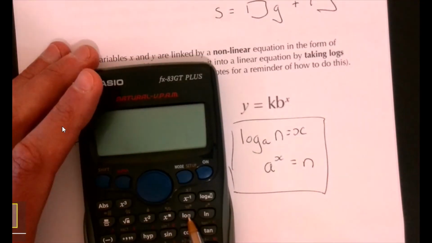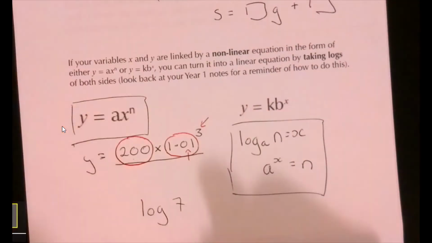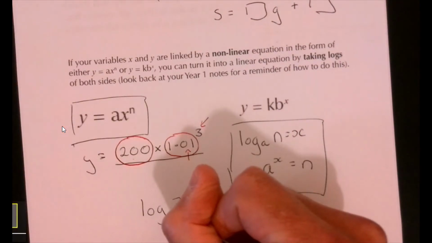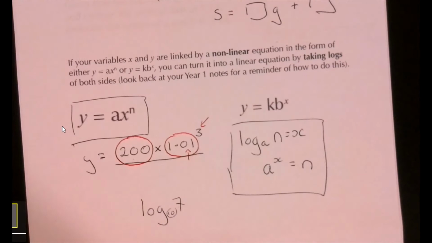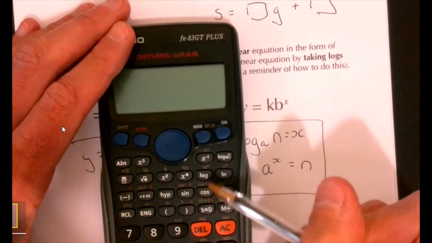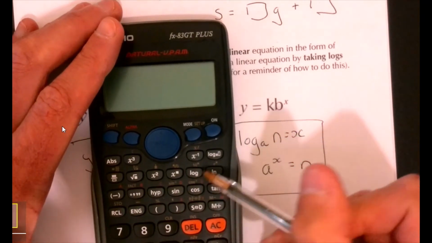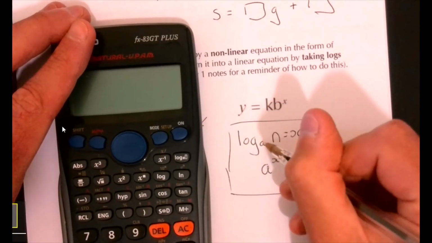Now, if I don't write a base, when we just write log, we take that as log base 10, but we don't tend to write that down. There's a really handy way of remembering this. If you can't remember, look at your calculator. So the log of something, i.e. log base 10. So let's just write log a